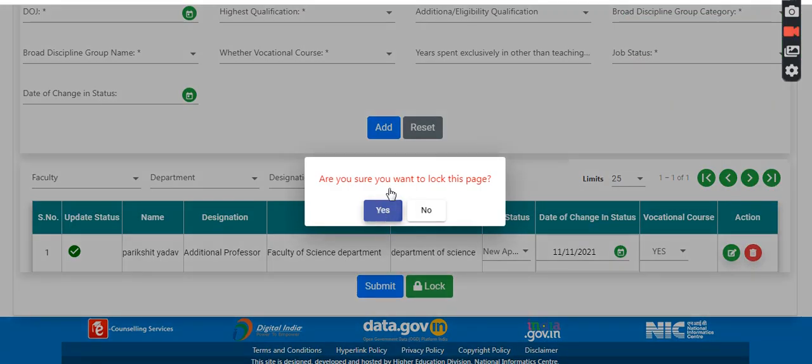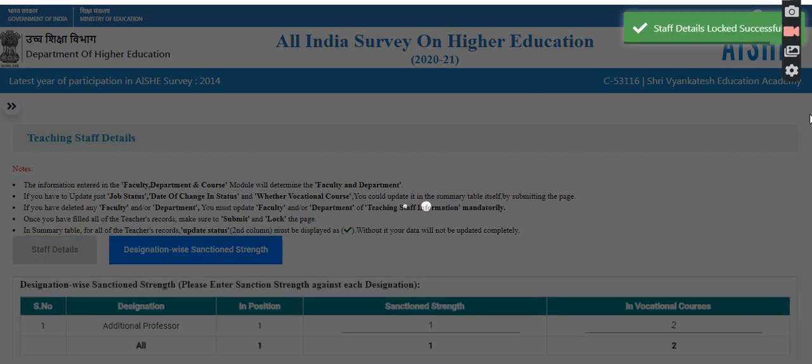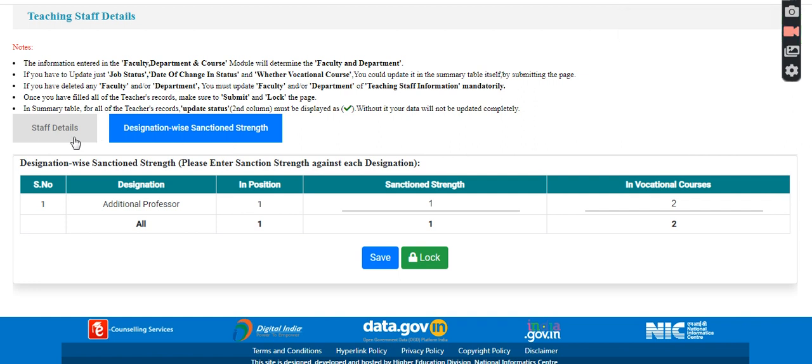Lock this page. All pages must be locked, it is mandatory. After staff details lock, designation-wise sanctioned strength will be visible.